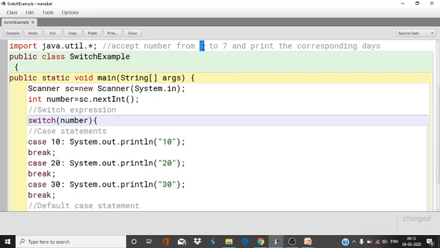Monday, then Tuesday. So how many cases will be there? 7 cases will be there. Now the number that the user enters, I am going to store in number.